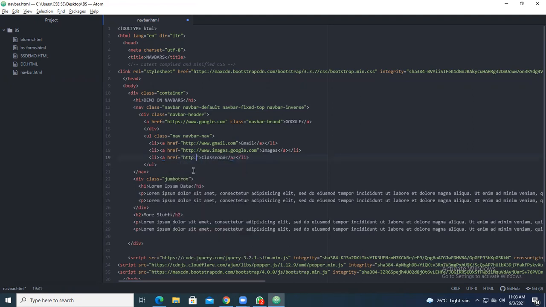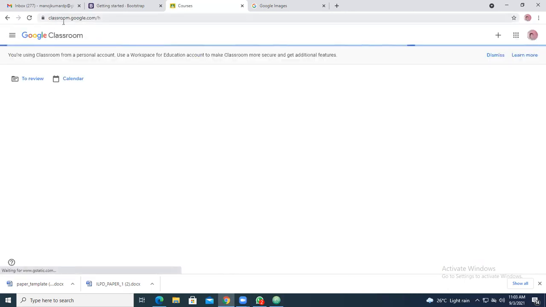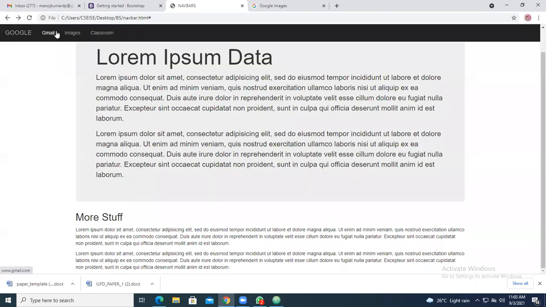It will be the same thing, http://www.classroom.google.com. When you save this particular content and refresh, you are getting Classroom. When you click, it takes you to classroom.google.com. So this is how you create it.